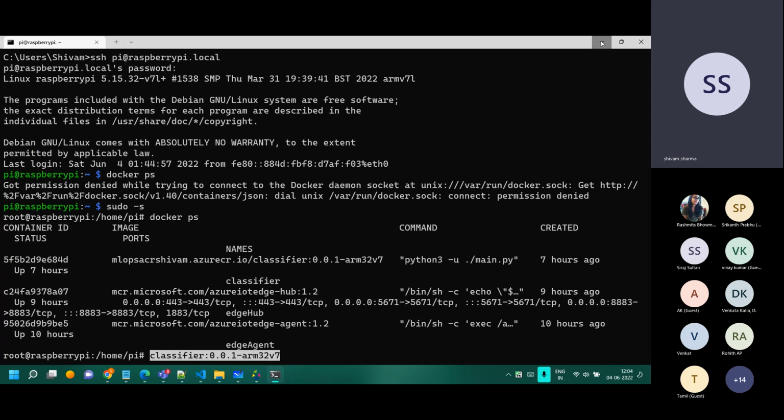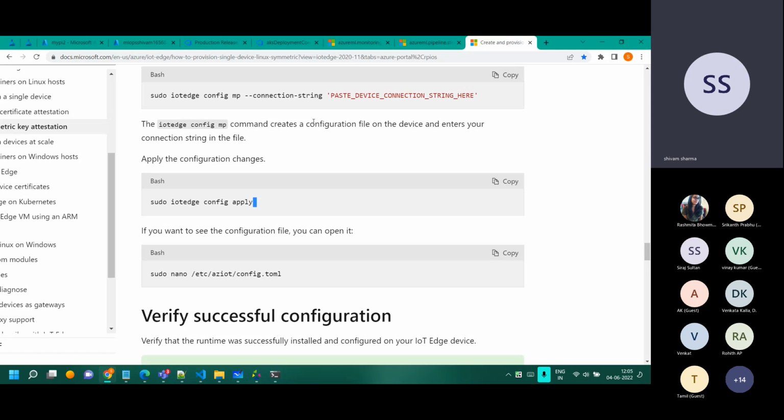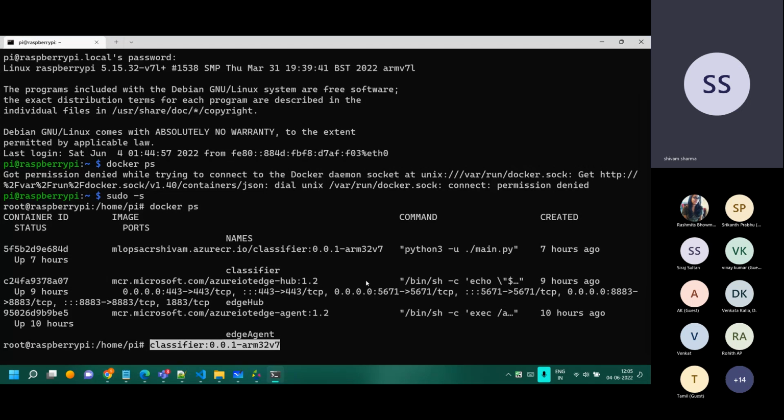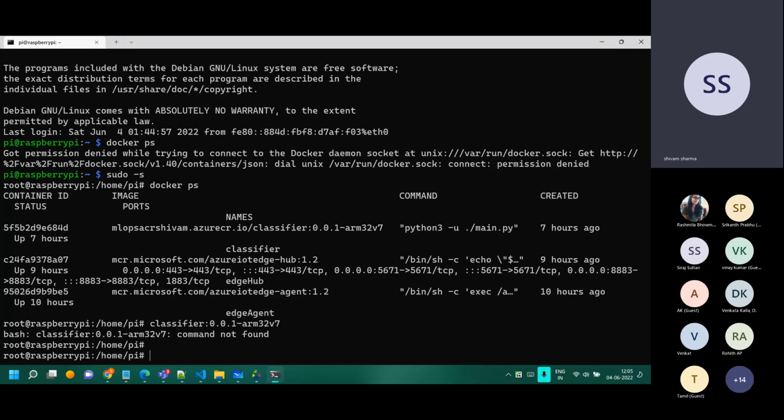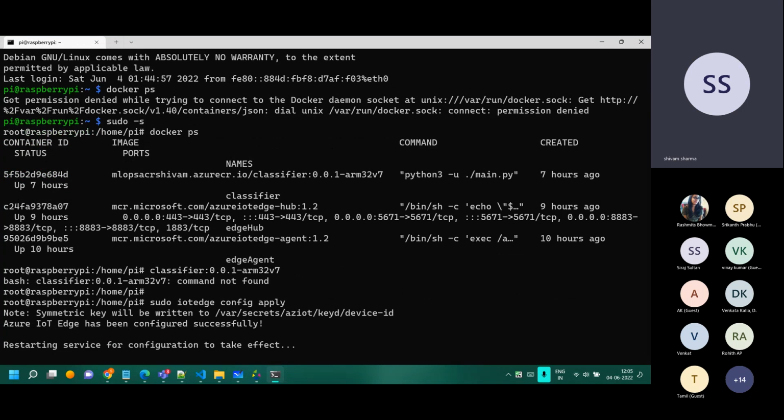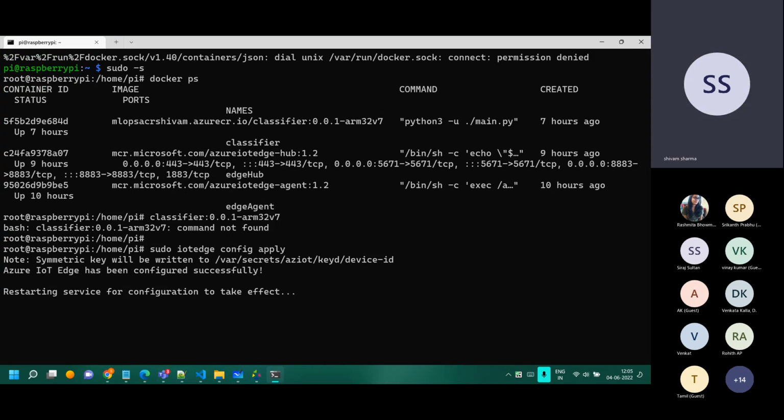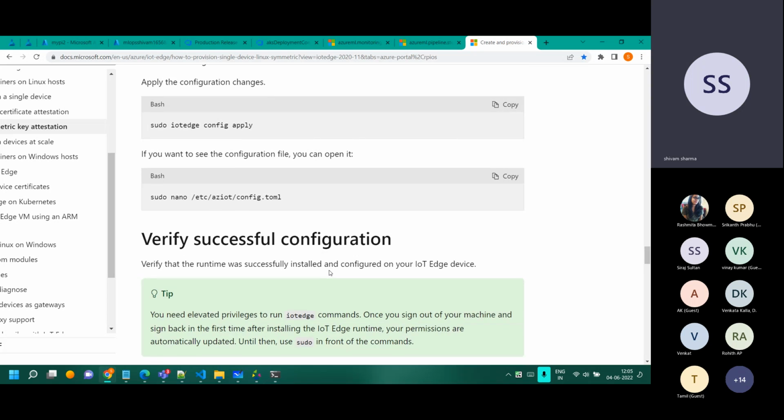Okay, so what it basically does is apply this config on that. If I run this, it will just say redeployed. I'm just going to paste that and run it. It says that it has been reconfigured. Services are restarting, and generally it doesn't take that much time to restart, but maybe something went wrong.